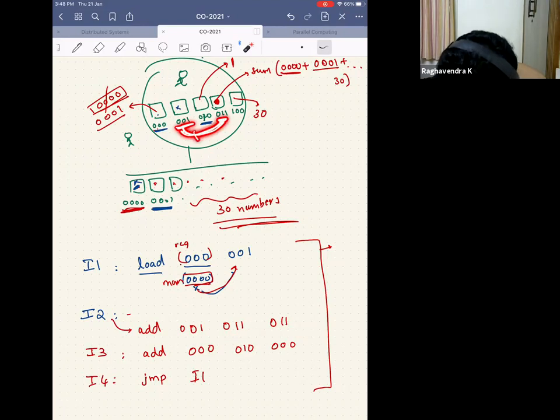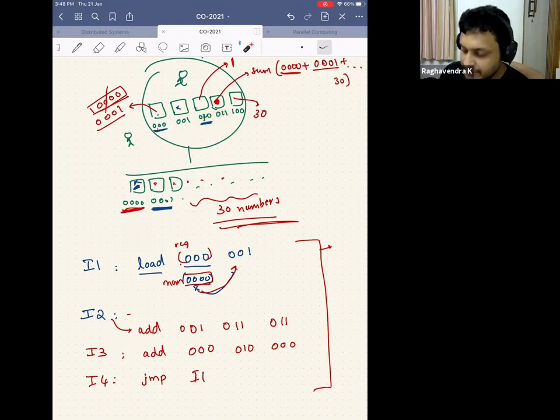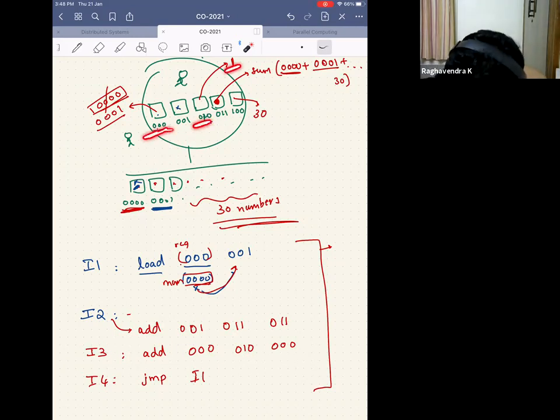You are adding these 2 and keeping it back in 0, 0, 1, which means that I am adding what was here. So I copied what was here to here, and then I added these 2, and then I kept it back here. So finally, what is this guy storing after the second instruction? Whatever was here, because I just added 0. Then I am doing this add, which means that I am adding whatever is in 0, 0, 0 with 0, 1, 0. The 0, 1, 0, I know that already has 1. So I am adding these 2 and keeping it back in 0, which means that after this instruction, this guy, instead of having 0, 0, 0, will have 3 zeros followed by 1, which means that he is pointing to this particular box.